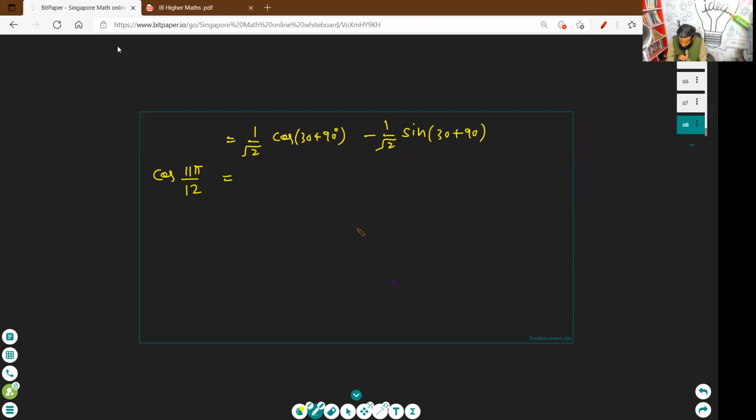Okay, so this one is cosine 30. You should use this because we don't know the formula, because we are using it without a calculator. Clear? Okay. Cosine 90 is 0. And then cos 30 is root 3 over 2. That's good.